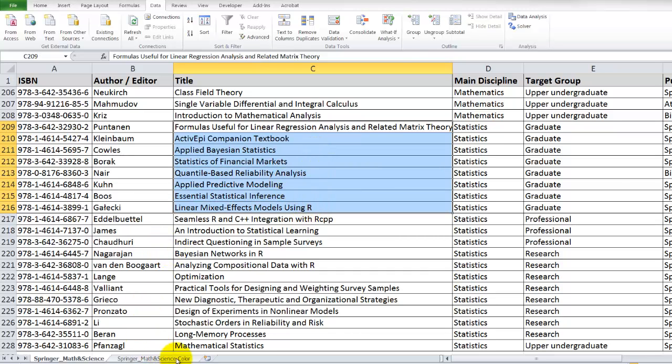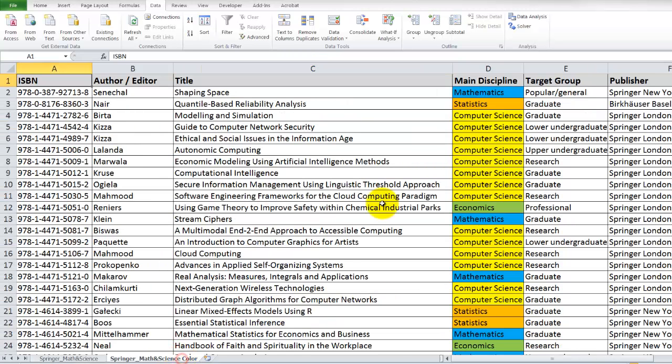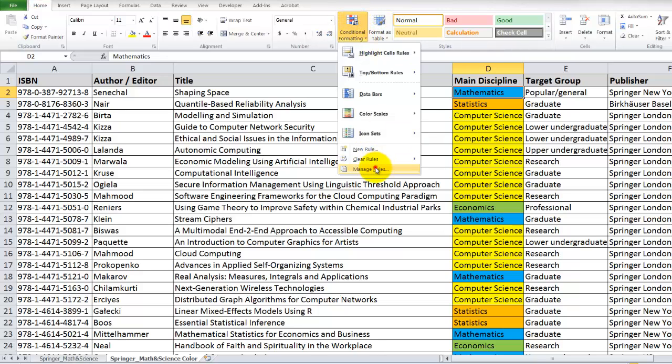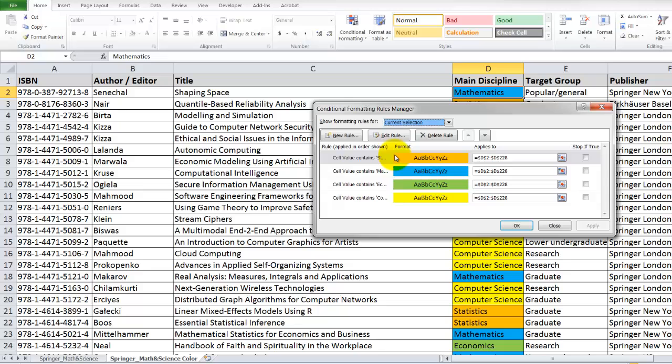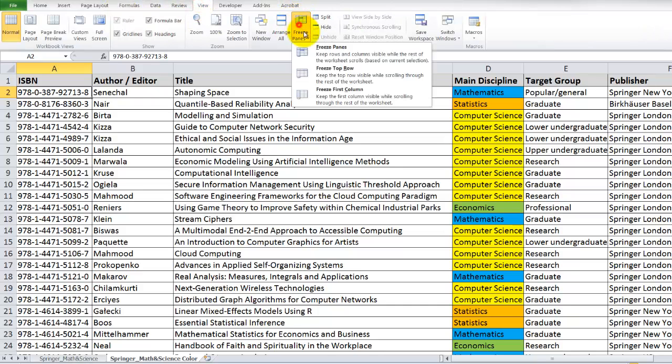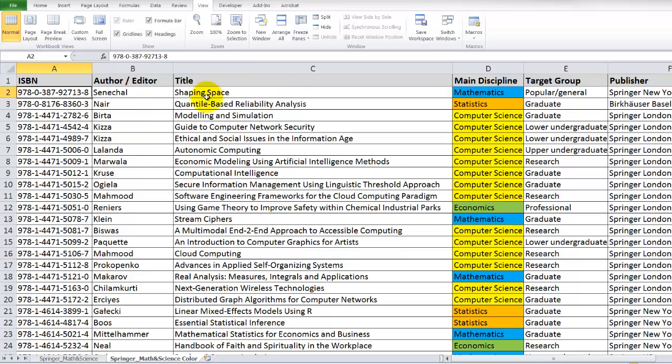Okay, let's move on to the second tab, and I just want to show you briefly that you can in fact sort by colors. Again, this is usually when you have conditional formatting applied. If you do go to D2 and go to the conditional formatting and manage rules, you can see I've got a few rules here just based on the text value and changing the color of the fill. So anyway, I'm going to freeze the top header row by going to View, Freeze, Top Row, just like before,